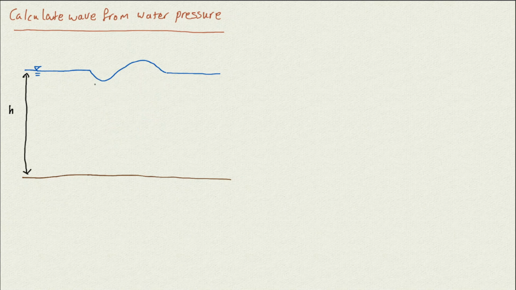Let me plot it, so let me draw it. Eventually, if we have a wavelength of L and we go down to a depth equal to half of the wavelength, the effect of the surface wave completely diminishes, disappears. So if we put the pressure sensor somewhere beneath that depth, somewhere here, it doesn't measure any wave. It cannot detect the wave. If we put it above that depth, assume that we have the pressure sensor sitting somewhere here,